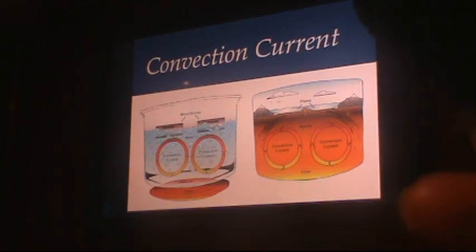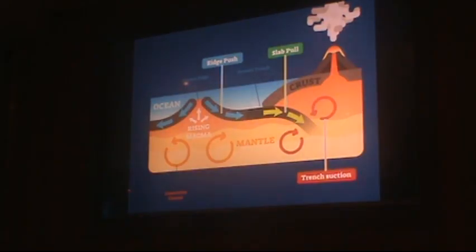This is what drives all of the motion of our plates as well. It's this principle of convection. It's what drives all of the major forces on our planet, and it's moving these plates around. So this mantle is heating up, cooling off, it's moving around, and as it does, it's moving these plates around as well. Sometimes it comes up, you can see that rising mantle in the mid-Atlantic ridge. This is the divergent plate boundary. Sometimes you've got that oceanic crust pushing underneath that continental crust, and as it does, it can create volcanoes, mountains,